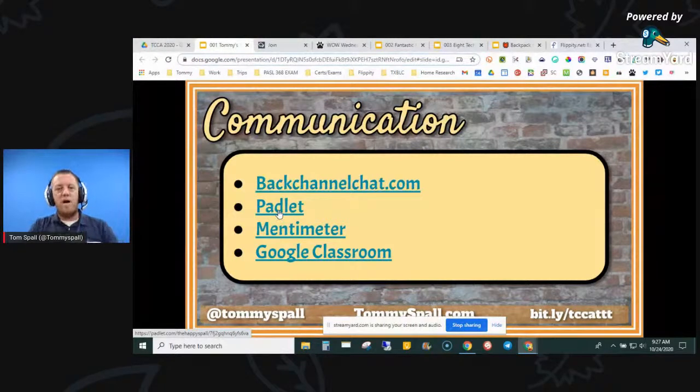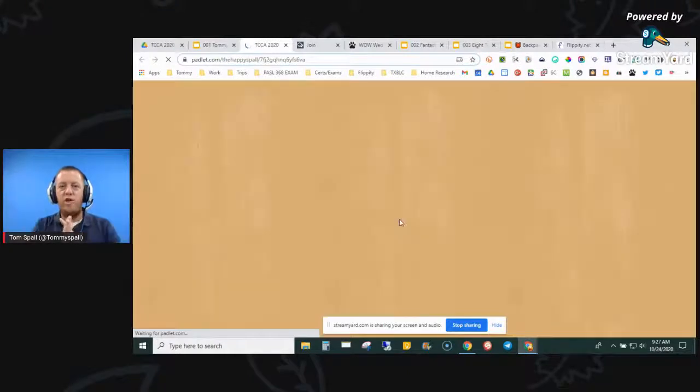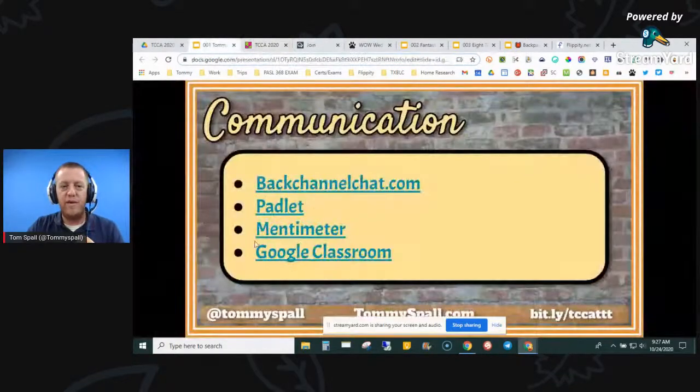Padlet's been around for a long time. It was really popular when it first came out. It was just set up as just Padlet, which was a one-page splash, and you could only add text to it. So if you hop into that Padlet, if you click on that link,